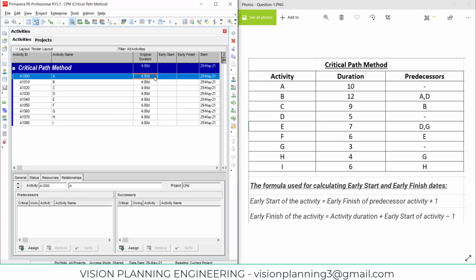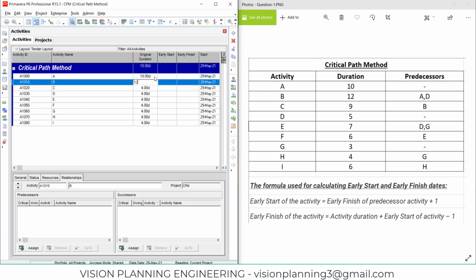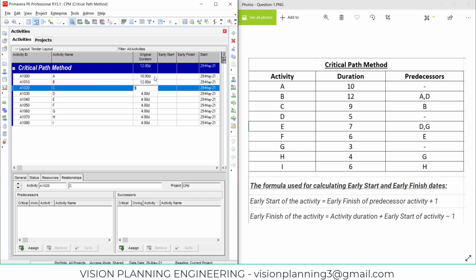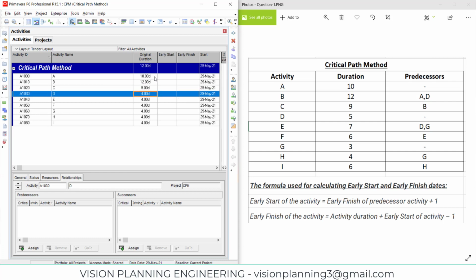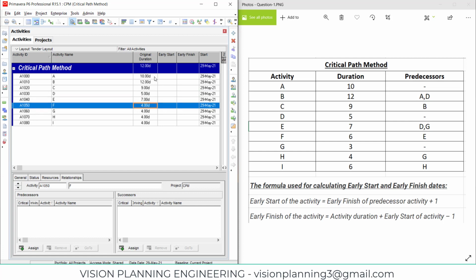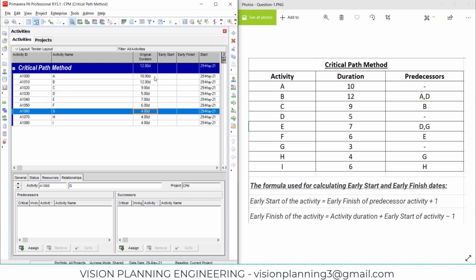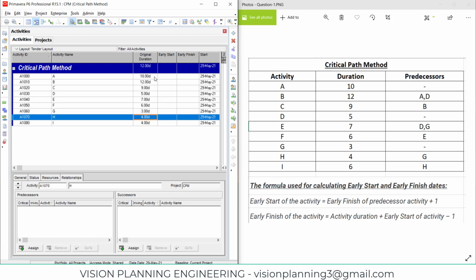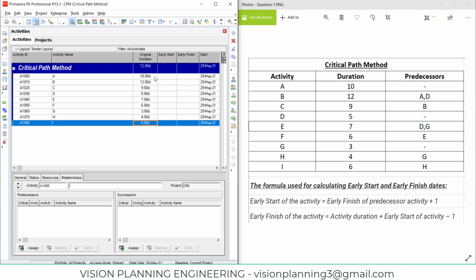Okay, so duration is 12 days, 9, 5, 7. Okay, now we have given the duration for each activity.